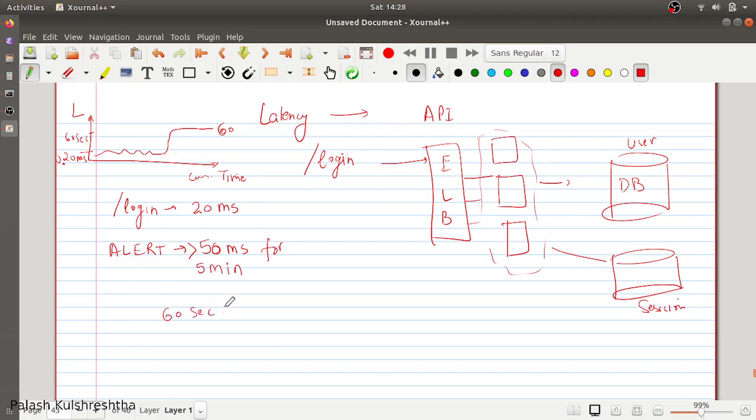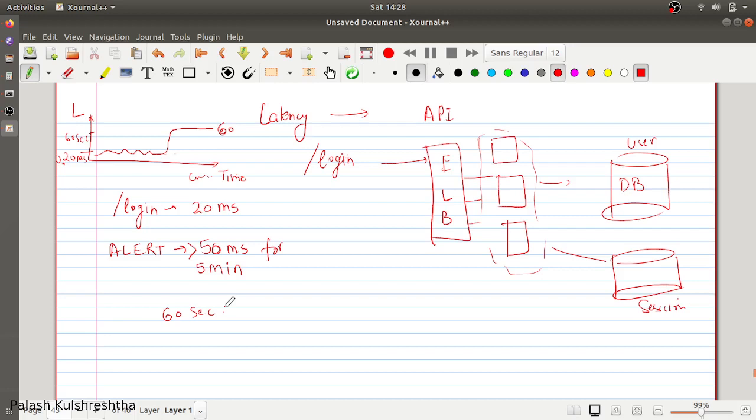What it would mean is that each user has to wait 60 seconds before he is able to log into your website. Now that is going to create user problems. It is going to upset your users, and they are going to leave your website for some other competitor. So that is a very bad thing. High latencies can create issues anywhere in the system. It is a very frequent issue. There are multiple reasons for latencies being high.